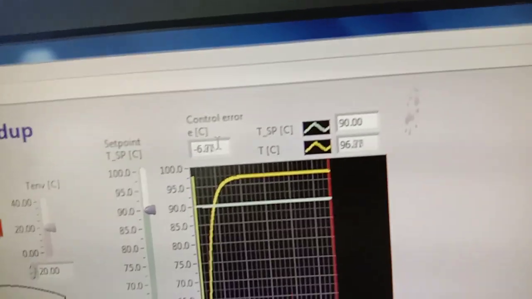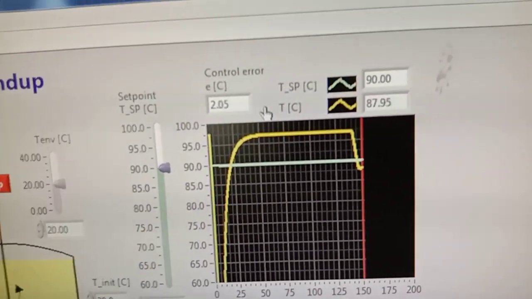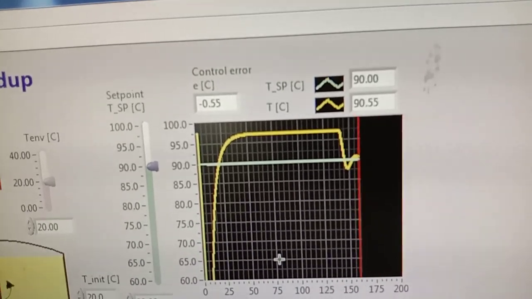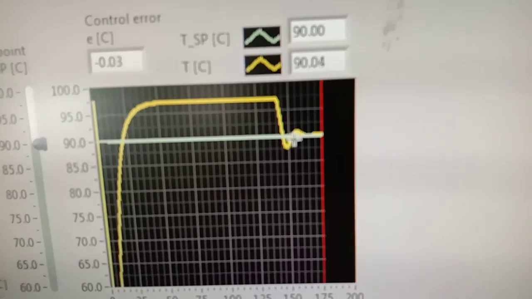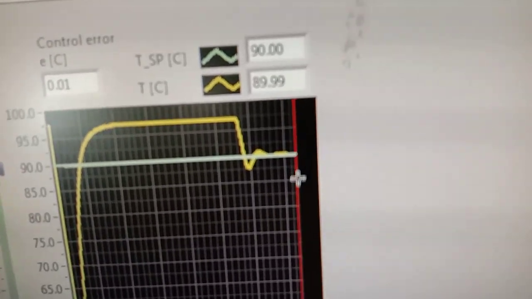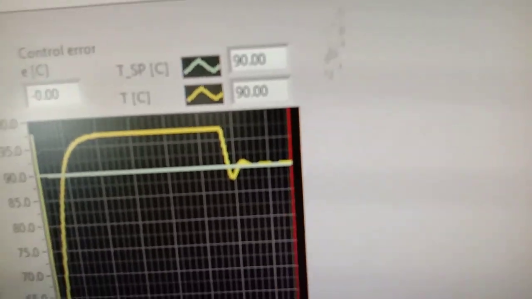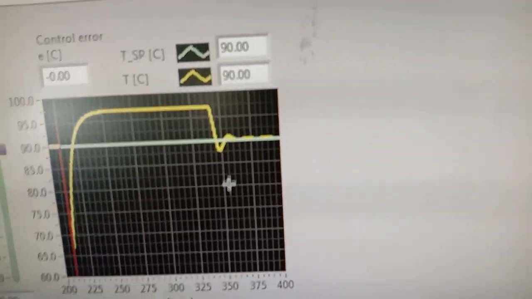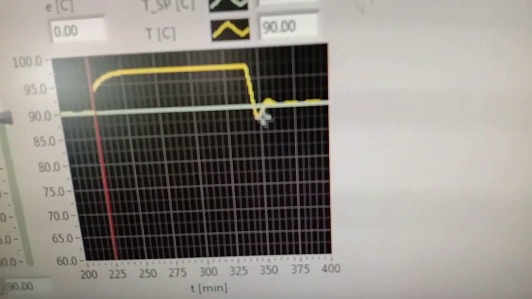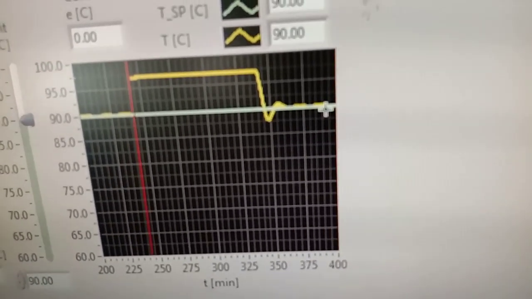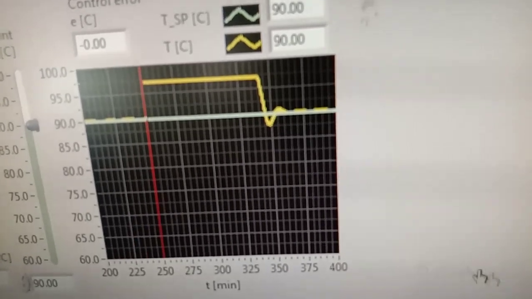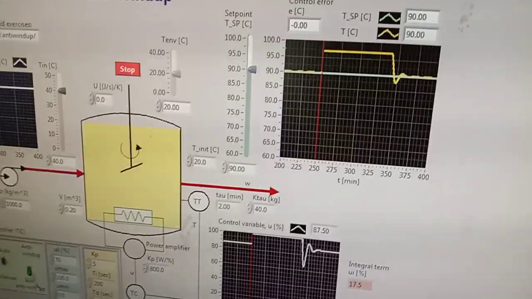You can also see this error, it was plus 7. It is taking around 150 minutes to come to the desired value, and there was a large error initially. So this was without the anti-wind up setup.